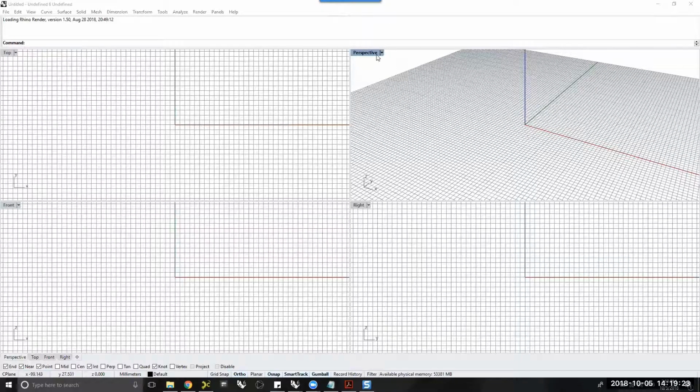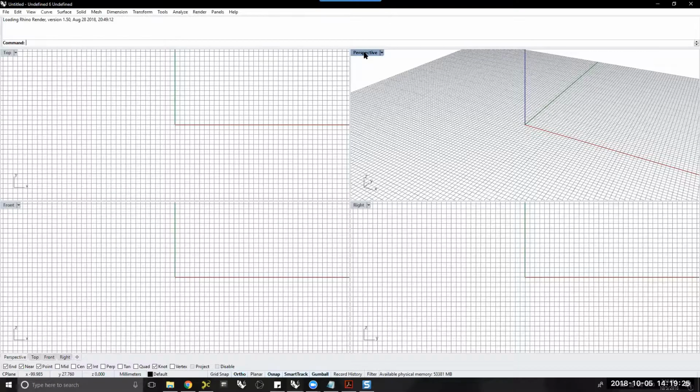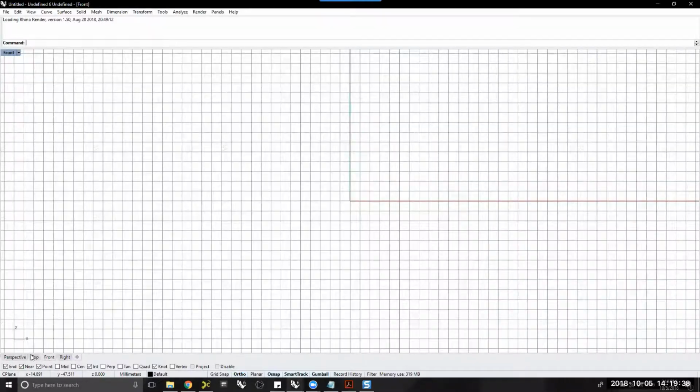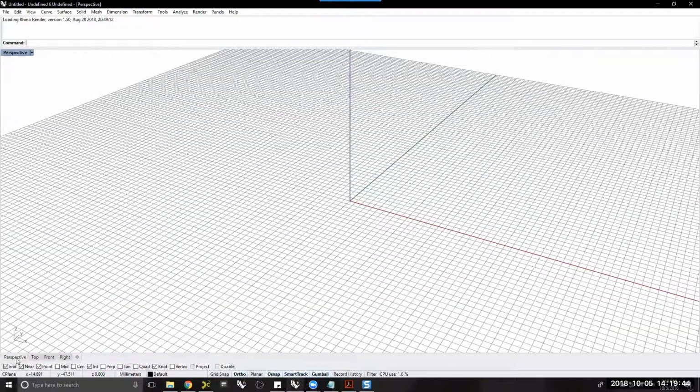Perfect. So double click any of these viewports, which are 4 in total, and it maximizes, right? Once you're maximized, there are 4 tabs on the bottom that you can also click to switch between the viewports individually. But let's stay in the perspective for now, and let's forget about what I was saying earlier, that we